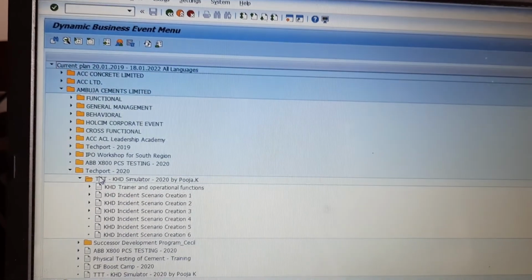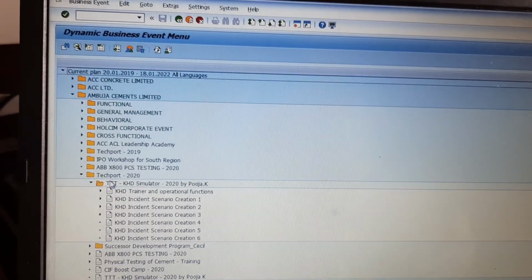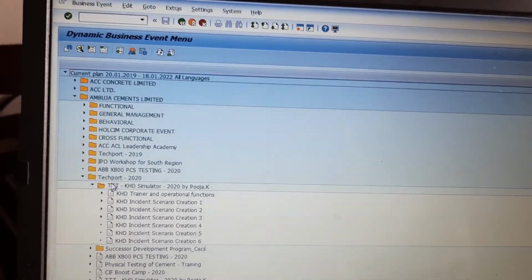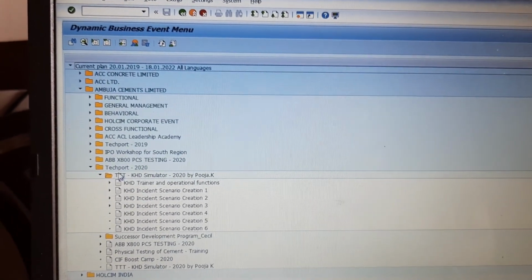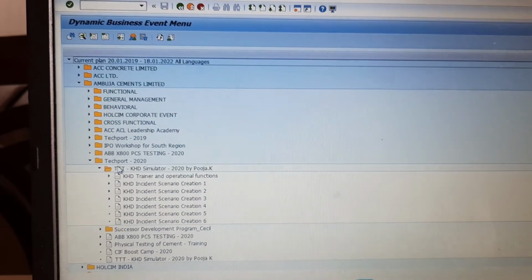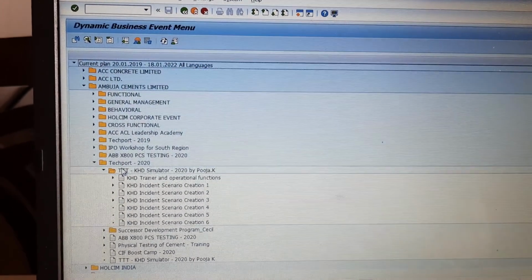Here you can see under TTT I have these many training programs. So group, then subgroup under the group, then the event name. It is not necessary that under a group we should always have a subgroup; it can be a group without a subgroup. Under the group we can add the event type.